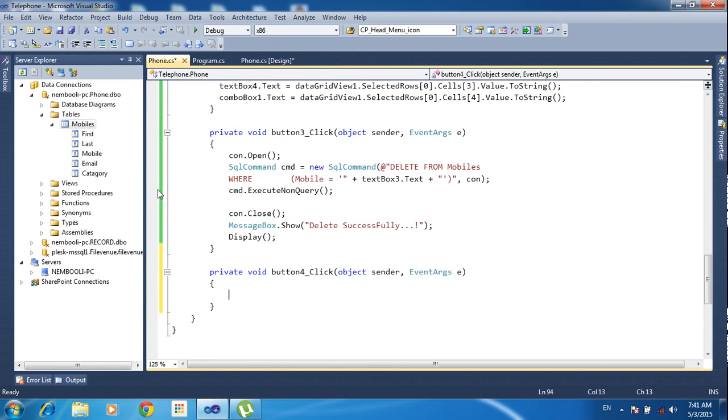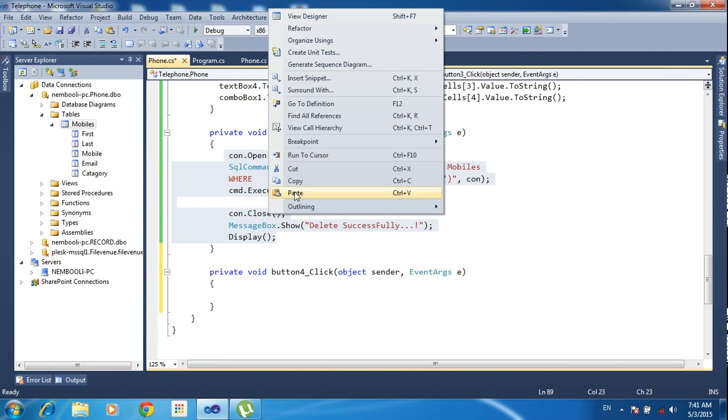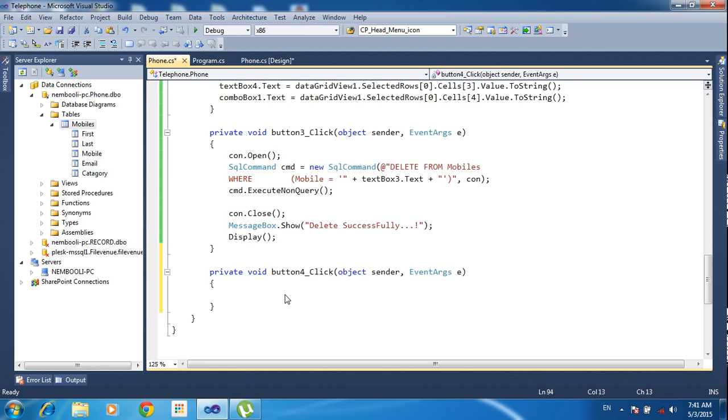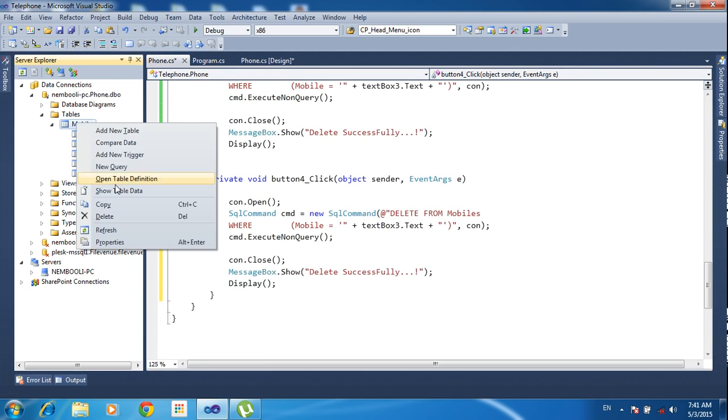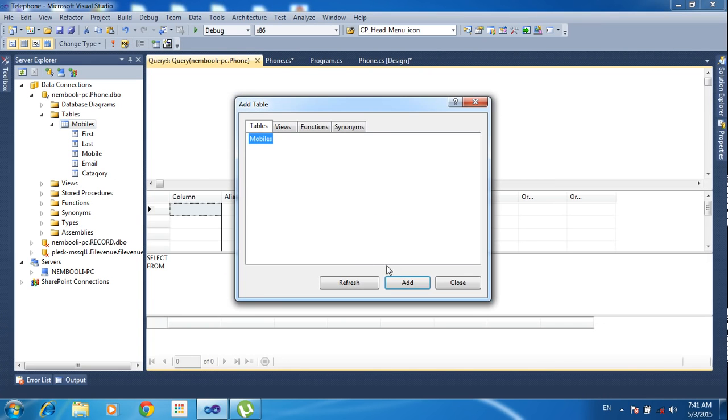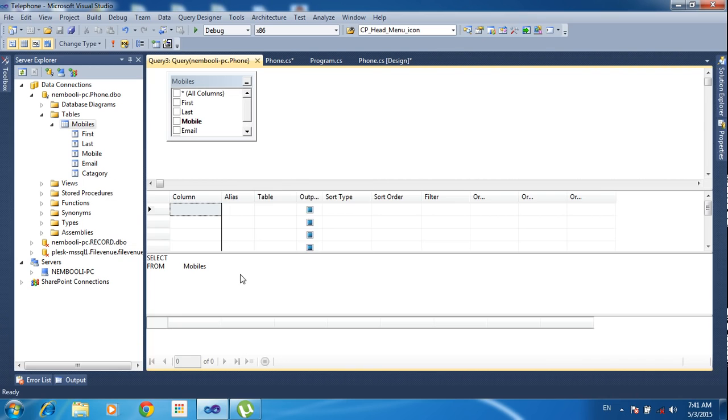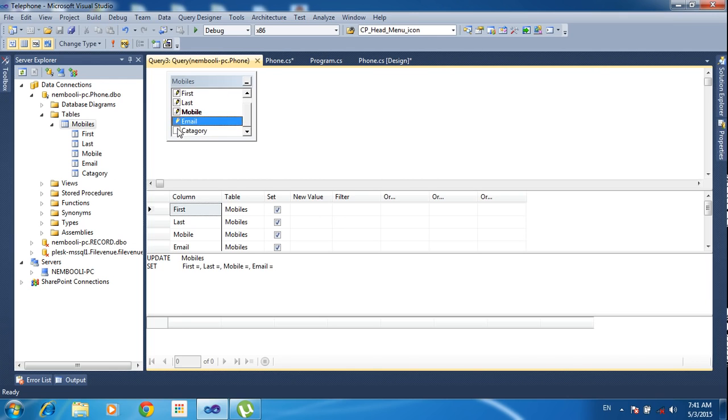So I just copy this same query and paste it. Now here I need to go to new query, add table and change to update. So click all the fields here, and in the mobile number section you have to just put any one, type 1 and click. So it will create the queries for you. Just copy this query